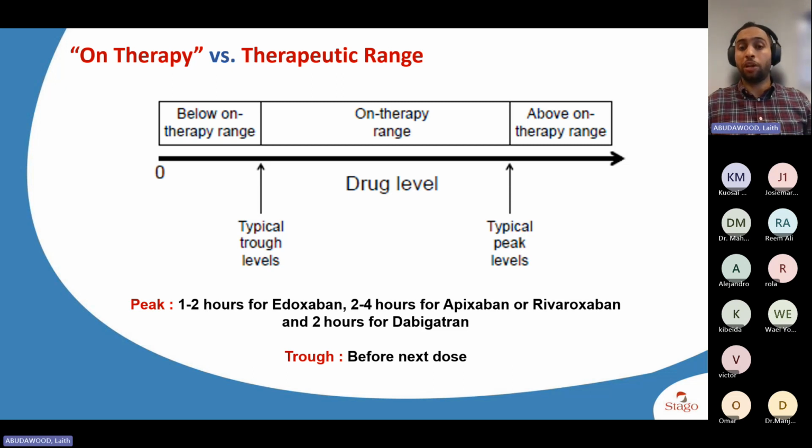The peak on-therapy range is the range of a drug I expect in the patient's blood. For example, for apixaban and rivaroxaban, when I collect the sample after 2 to 4 hours. Trough on-therapy range is the same thing. However, the collection time for the sample will be before taking the next dose for this particular patient. So, for example,